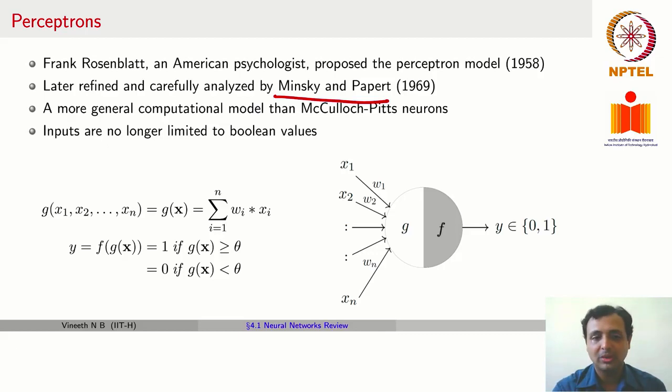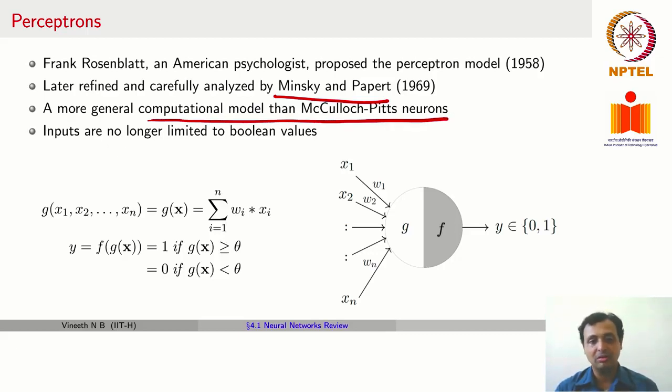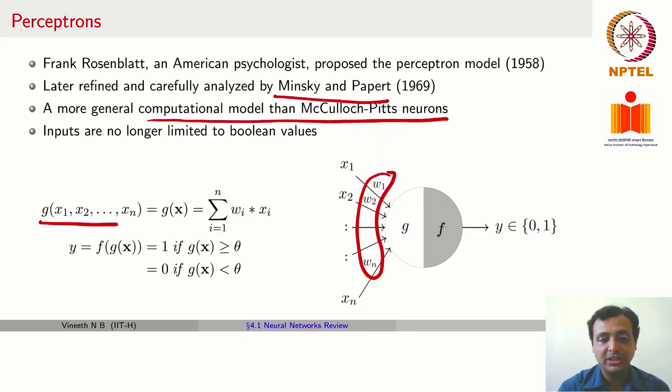A perceptron was a generalization of the McCulloch-Pitts neuron, and now the inputs were no longer limited to Boolean values. You could have any real value as input to a perceptron. In addition, each of these inputs was weighted by a set of values which are denoted as W1 to Wn, which means mathematically your perceptron is going to look like you have your G function